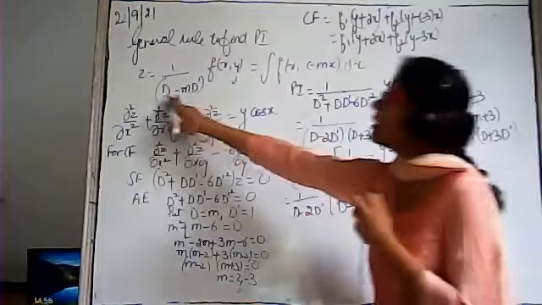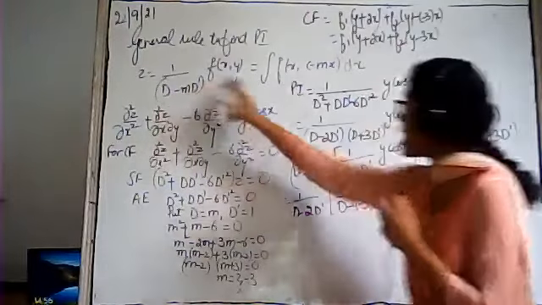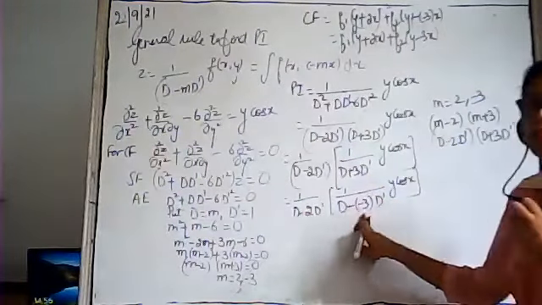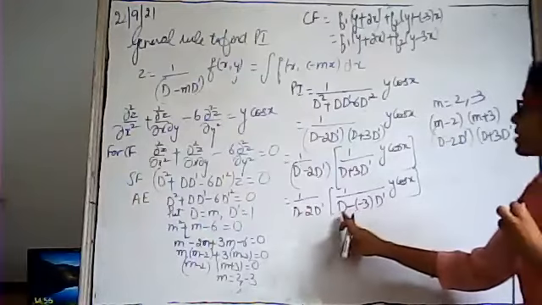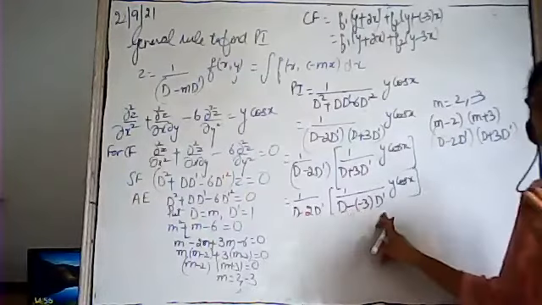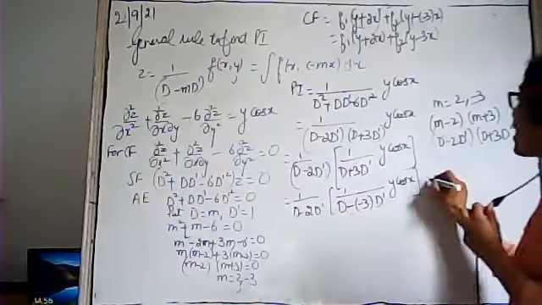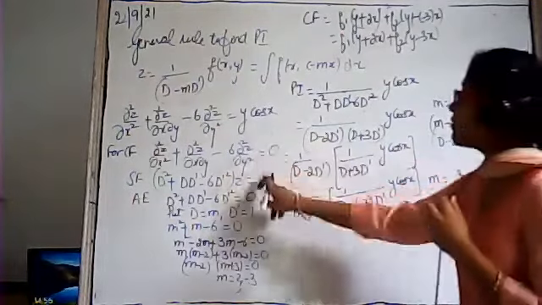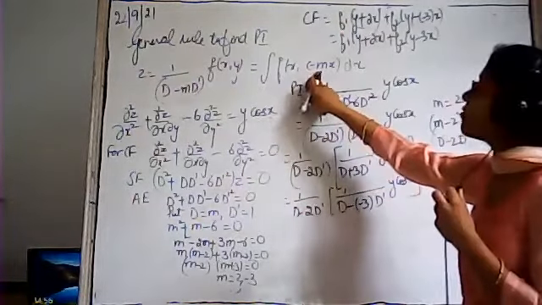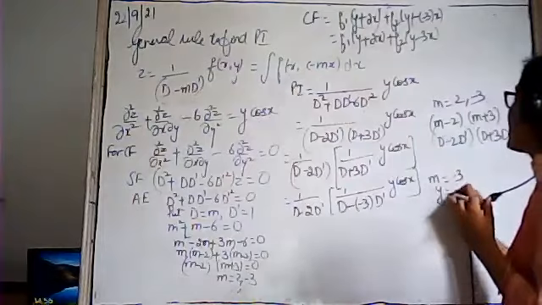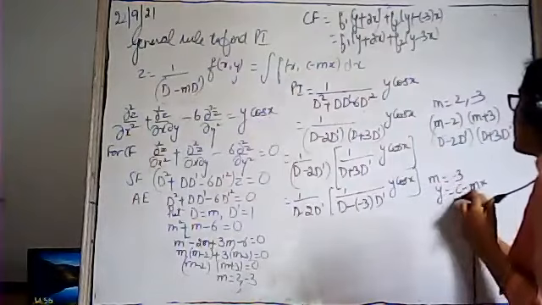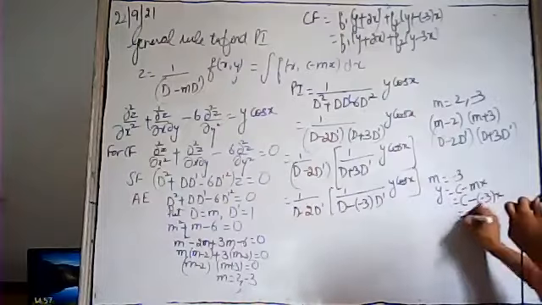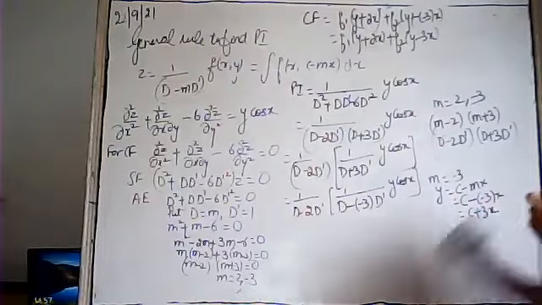हमें क्या फॉर्म बनानी थी? d minus m d dash. यहाँ पे plus 3 था. We have to take this as minus 3 with the minus sign. So this is of the form d minus m d dash, and the value of m is minus 3. ठीक है? After that, we have to change y in the form of c minus mx. So it will be c minus (minus 3) into x. This is c plus 3x.